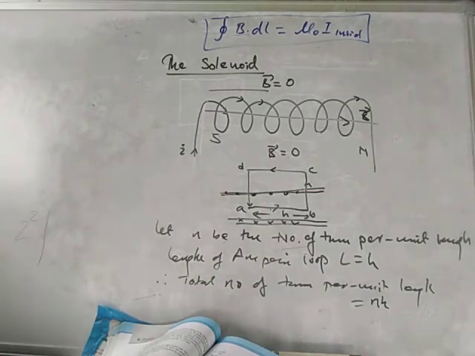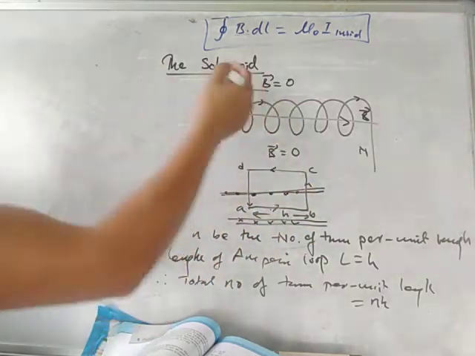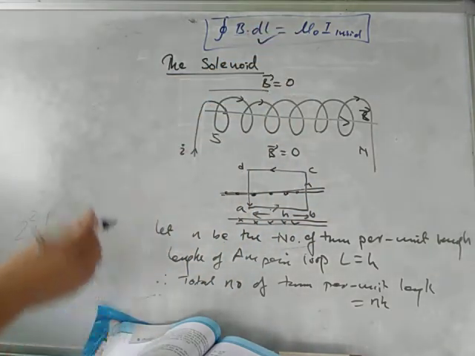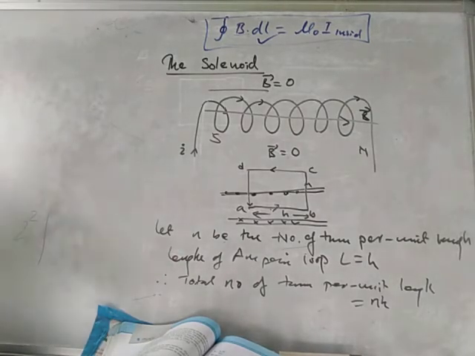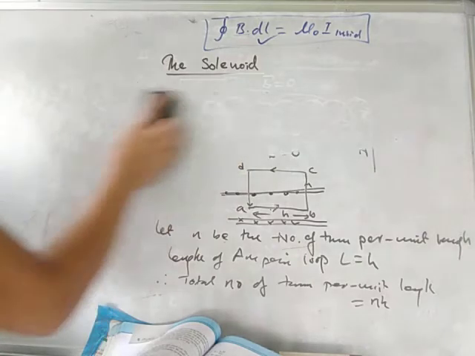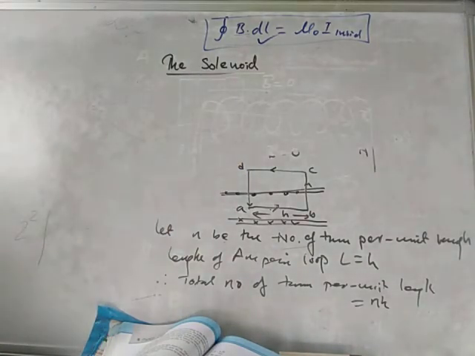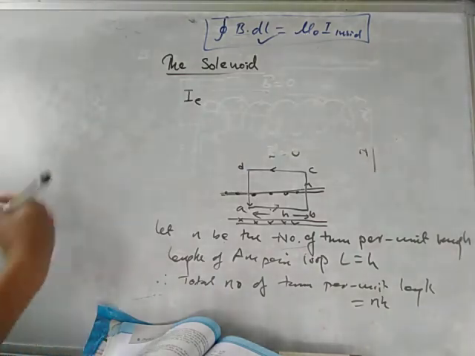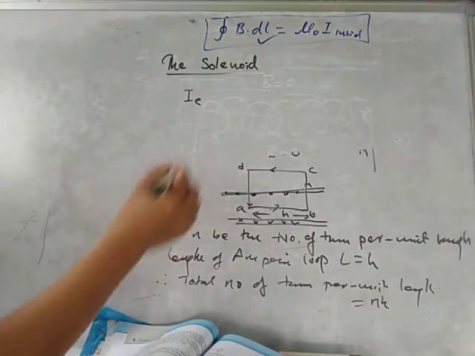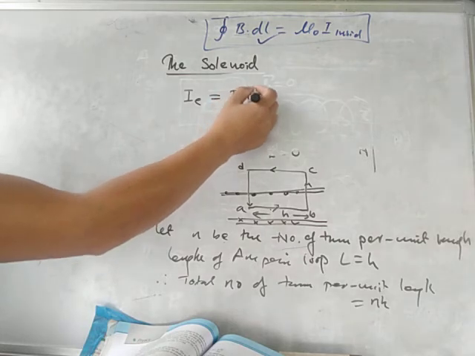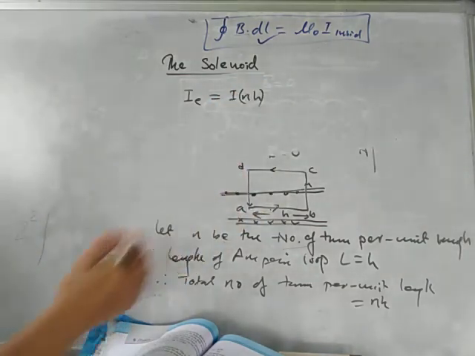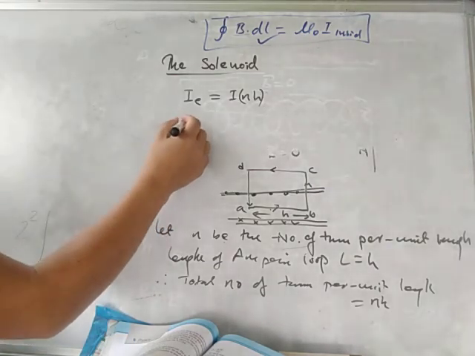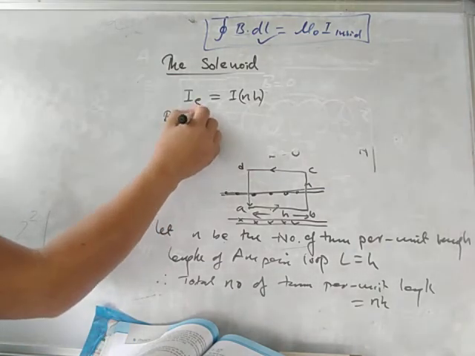Now I had explained this before too. So now you have to find the current, isn't it? Why? Because we are using this law. So you'll get the current enclosed. I_e means the current enclosed by the loop. Okay, so how much? I into N h, isn't it? Number of turns times current. So we also know that by Ampere's law, by the Amperian